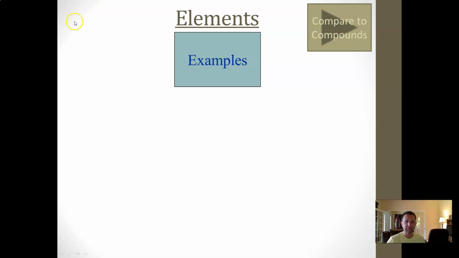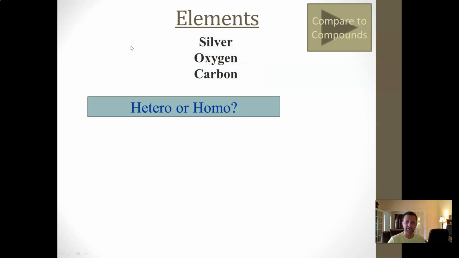So what are some examples of elements? Well, you're in chemistry, right? And all of our elements are found in one location. All 118 of them, they're all found on the periodic table. So some examples are silver, oxygen, and carbon, just to name 3 out of the 118 official ones that we have here. So obviously anything on the periodic table is an element,